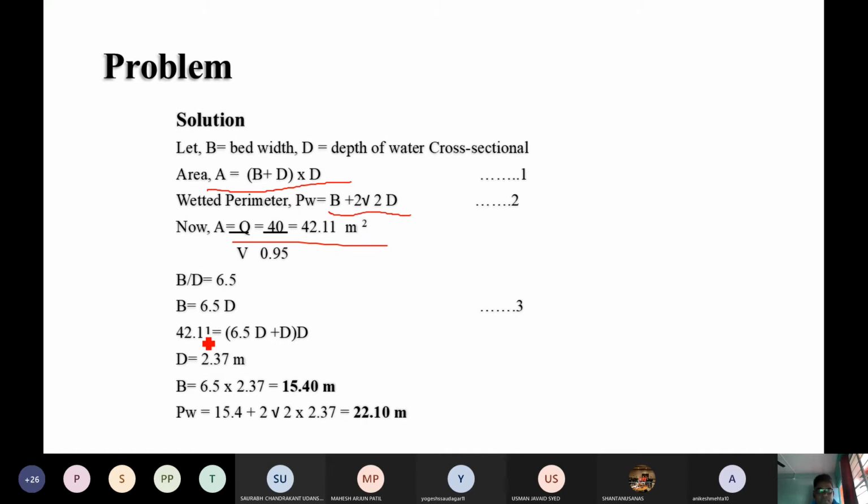B by D ratio is 6.5. So B is equal to 6.5 times D. Substitute these values in this area equation: 42.11 equals 6.5 D plus D into D, and find out D. Also find out B, and the wetted perimeter you will be getting by using this equation, that is now